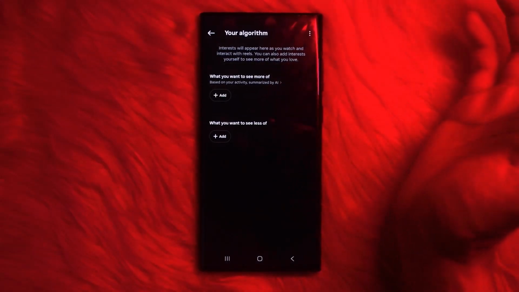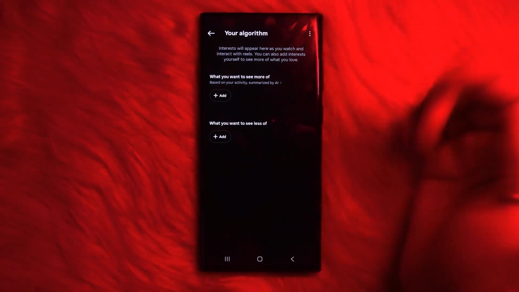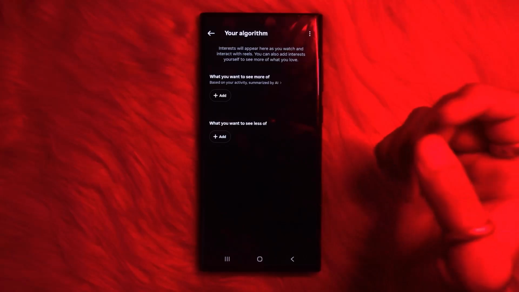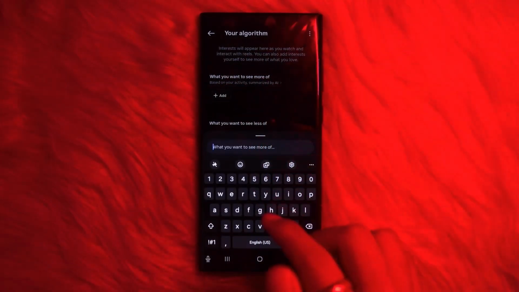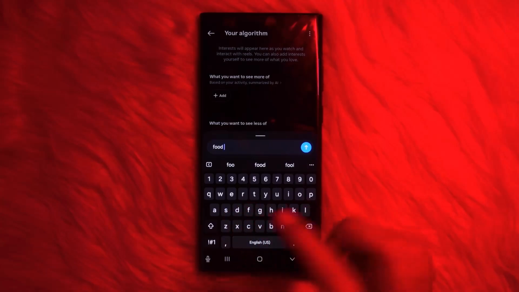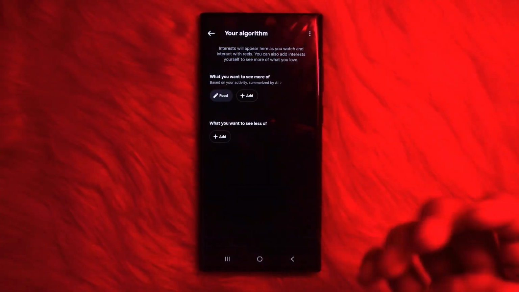Now, you should be able to see these two options over here, what you want to see more of and what you want to see less of. Now, all you have to do is simply tap on one of these options called add and add in your topic like food. Now, once you tap on it, you will be able to find more contents related to food